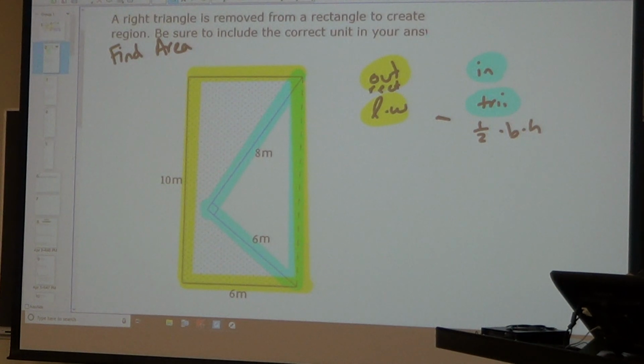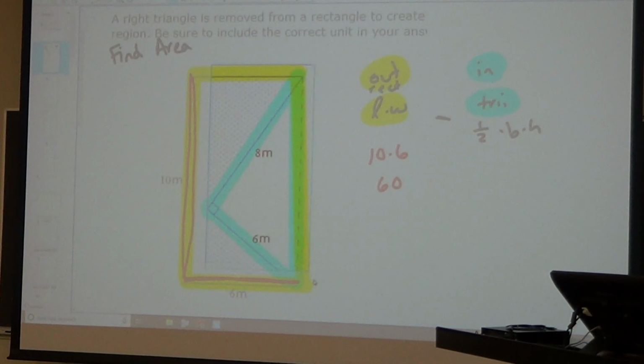So for the rectangle, what is my length and width? You got a base of 6. There's my length and my width. 10 times 6 is 60. Now, for my triangle,